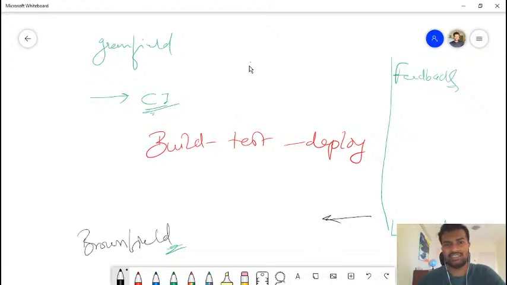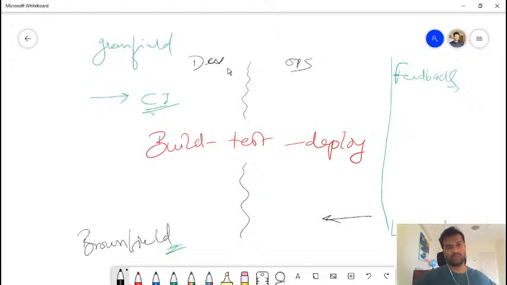Let's draw a small line. This is the line of operations. This is the ops side and this is the dev side. So what are the features that you need for a developer? A developer would require faster feedback on his code, faster feedback on any of the coding standards, faster feedback on his tests, and would require some help in building this stuff. If it takes time on his machine, can it be implemented somewhere else? Because it takes a lot of time.